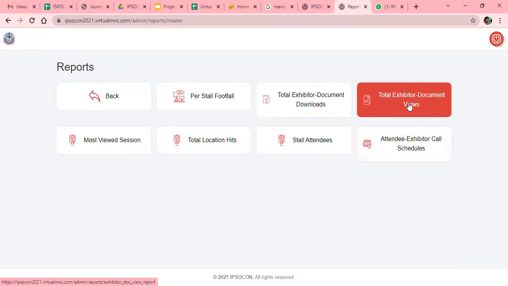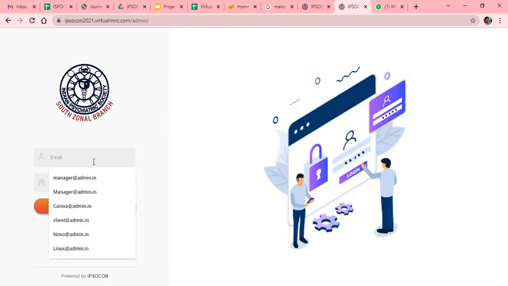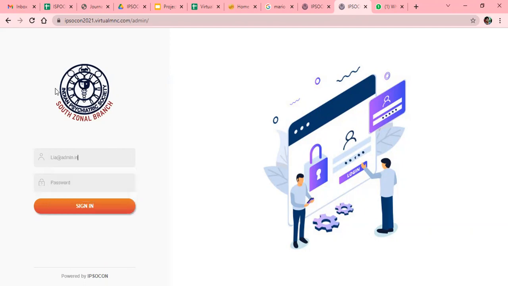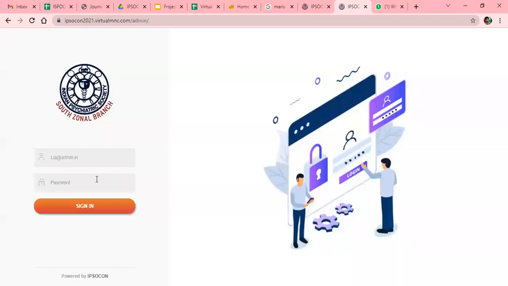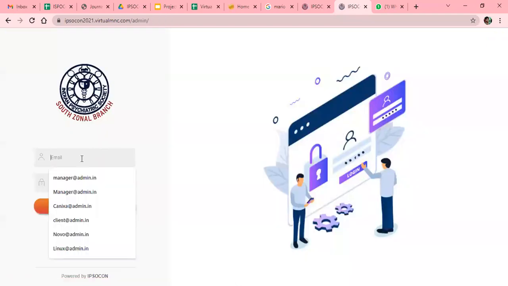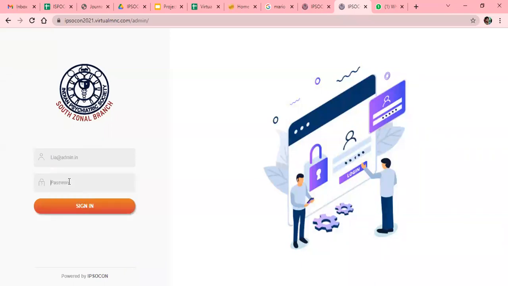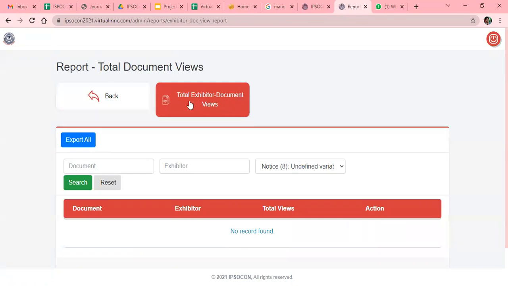Here, total exhibited document views means the delegate has visited your booth and has seen the document, but has not downloaded it.